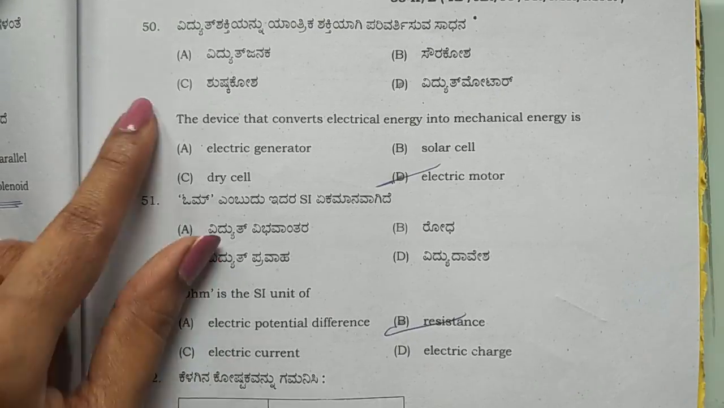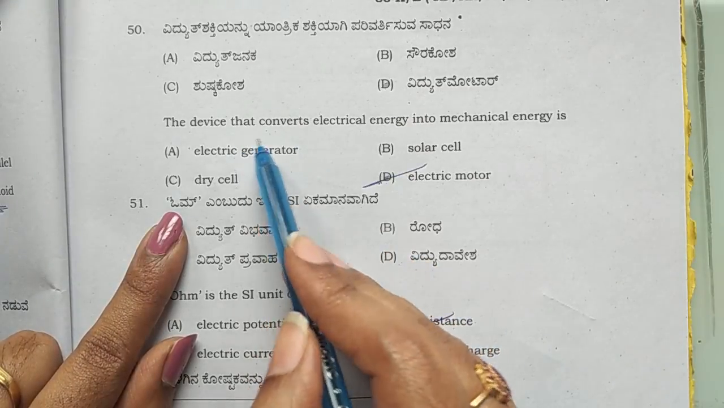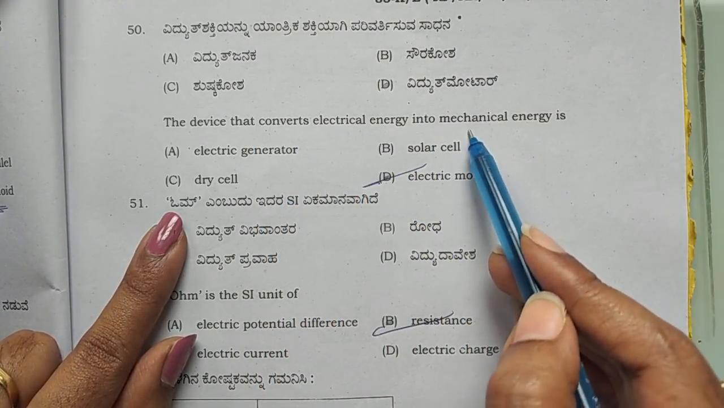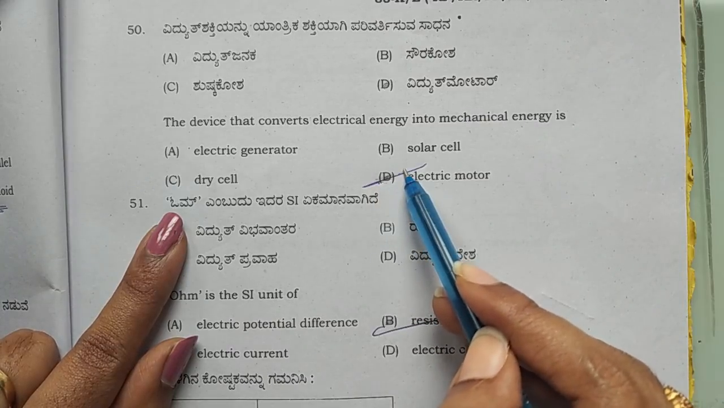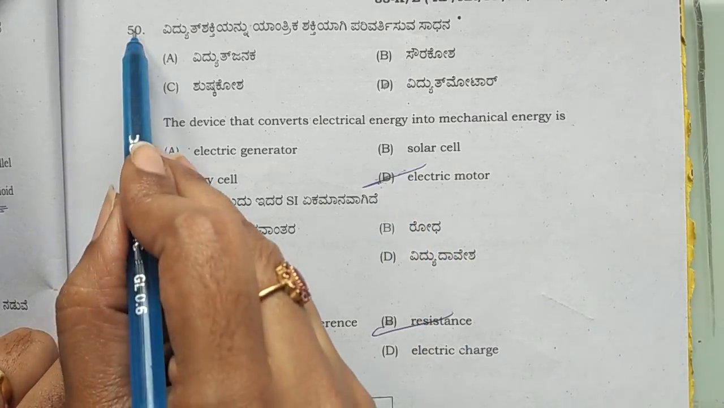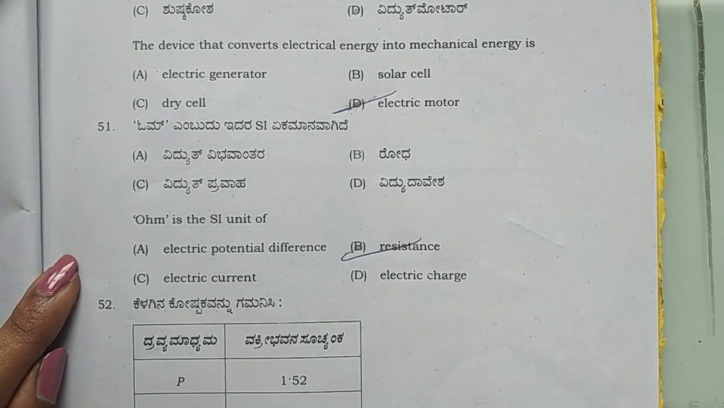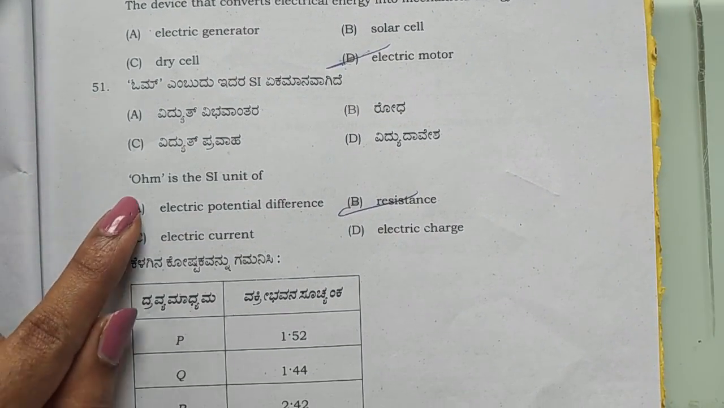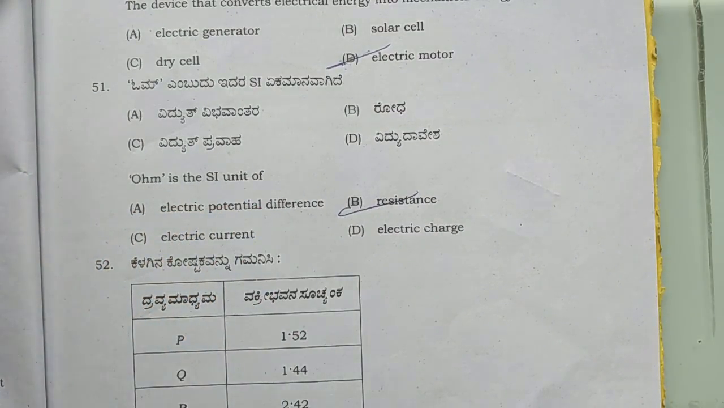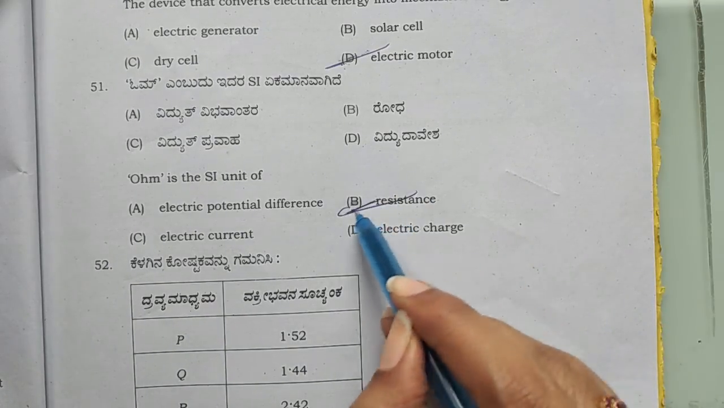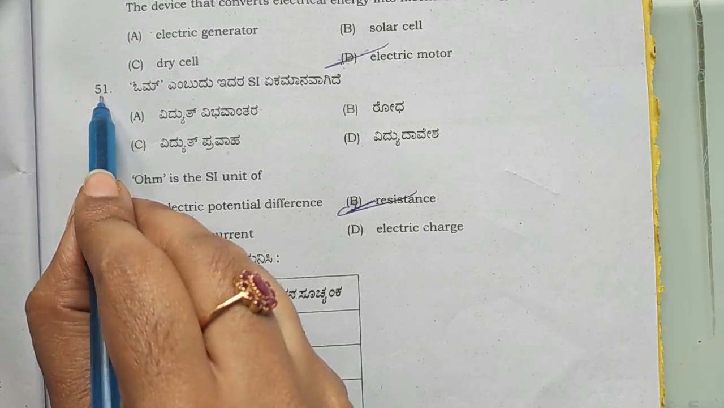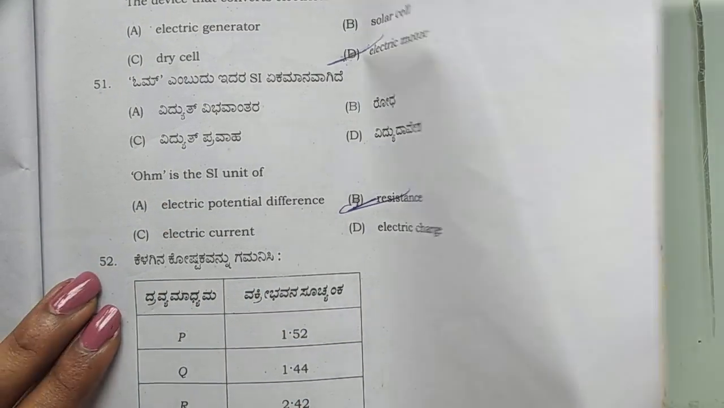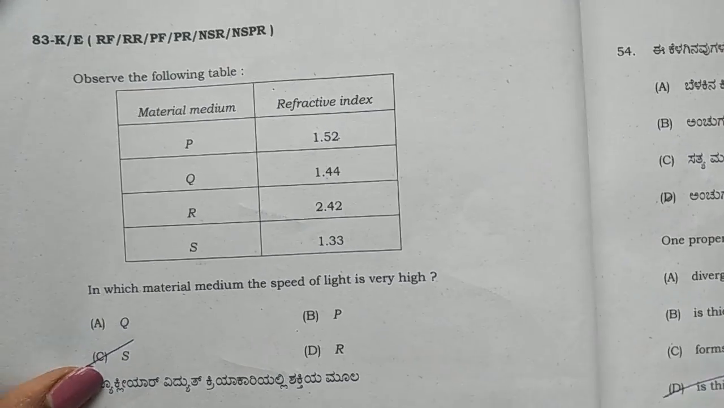Coming to the 50th question, the device that converts electrical energy into mechanical energy is definitely the electric motor. So option D is correct for the 50th question. Coming to the 51st question, ohm is the SI unit of resistance. So much easier question. So option B is correct for the 51st question. Coming to the 52nd question,